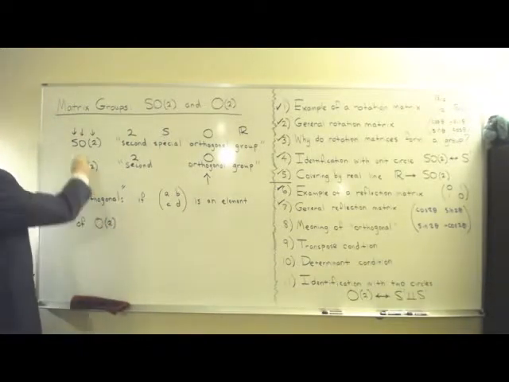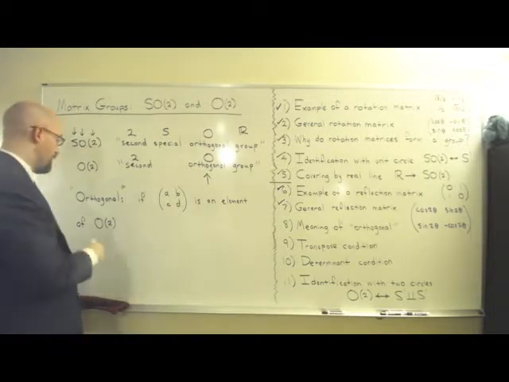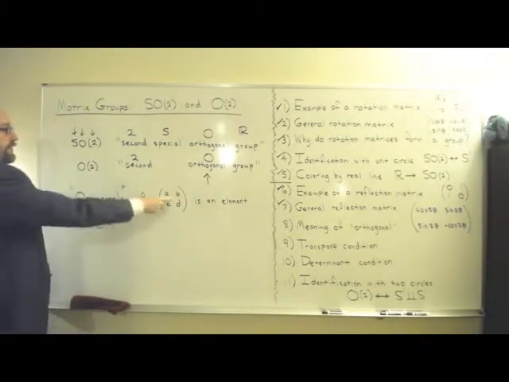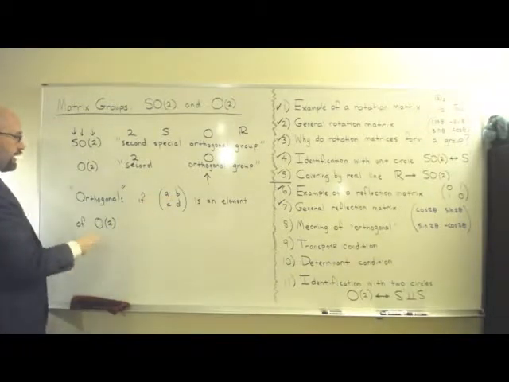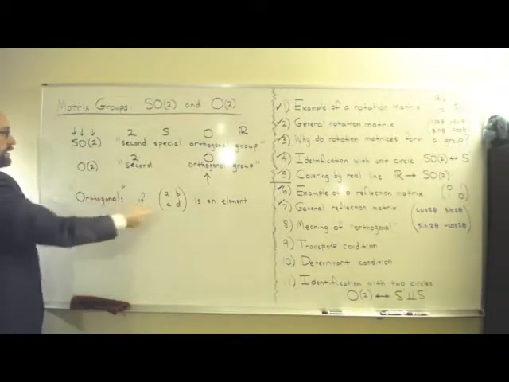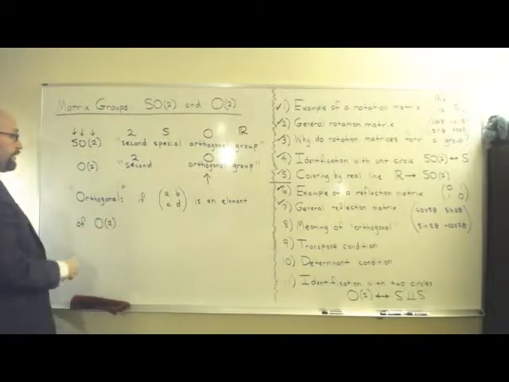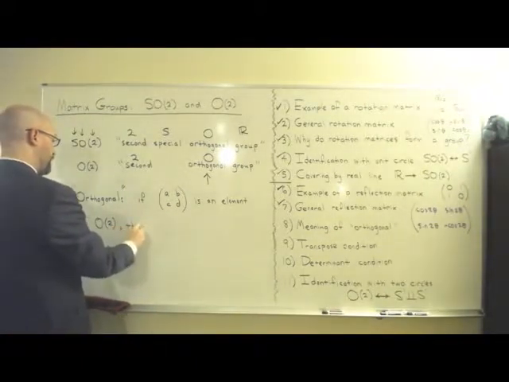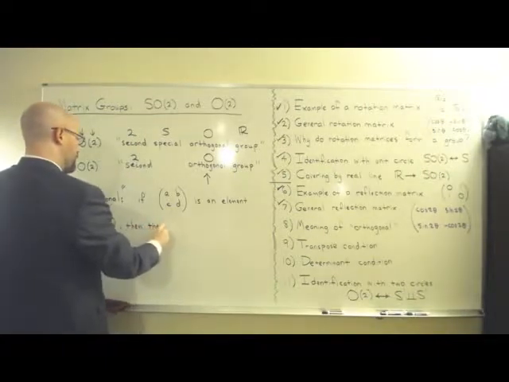Now remember, SO2 is a subgroup of O2. So this would include the case where this matrix here is an element of SO2. But if you have a matrix that's an element of O2, then the rows,